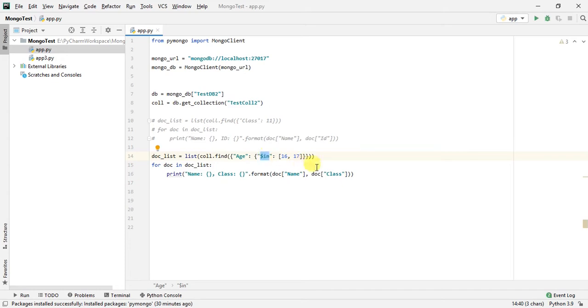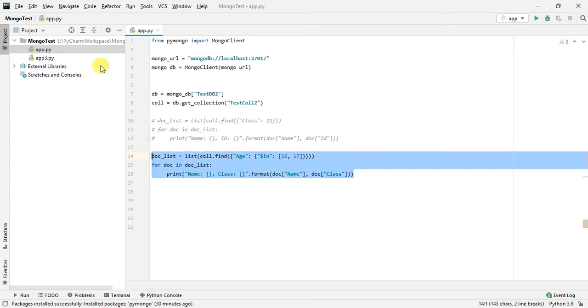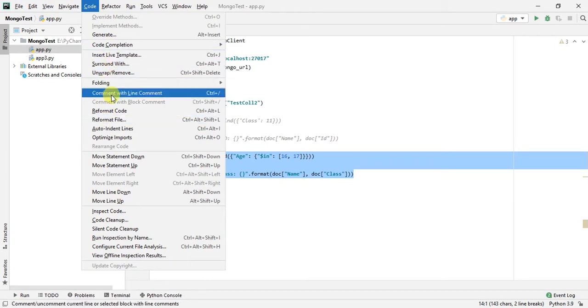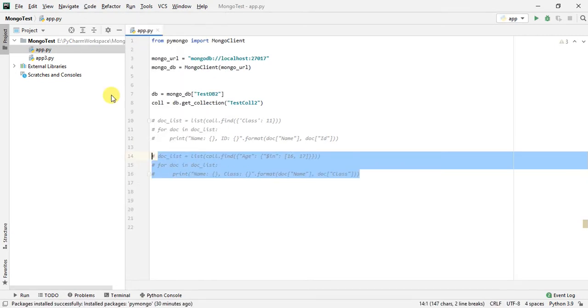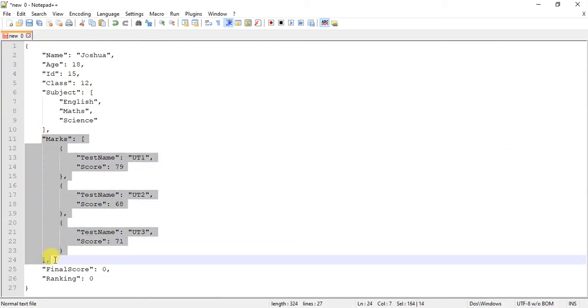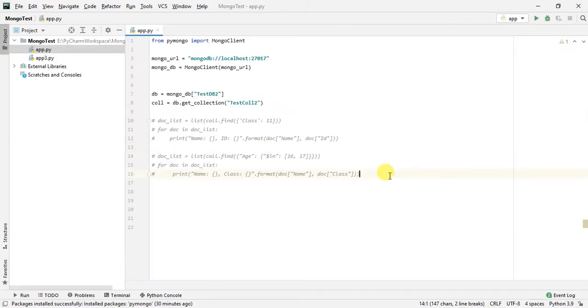Now let's talk about another query. Because we have the marks in our data as well, let's try to get the marks of a particular student. For that, the query will again be simple. For that, I'll use doc